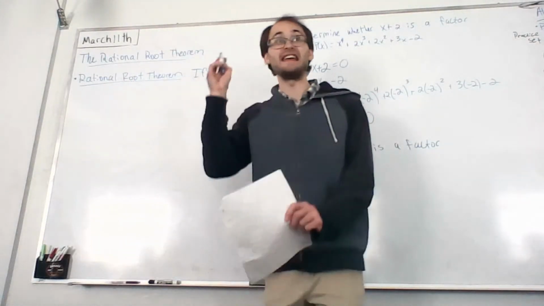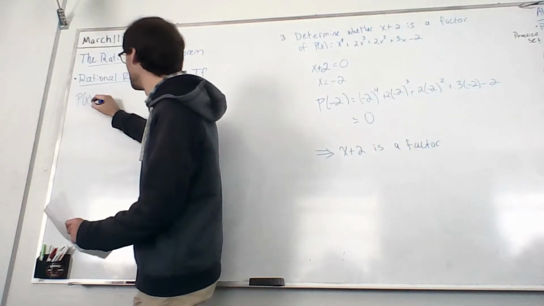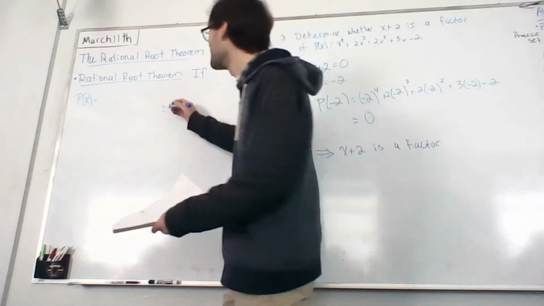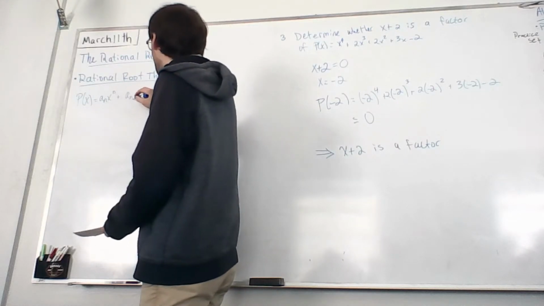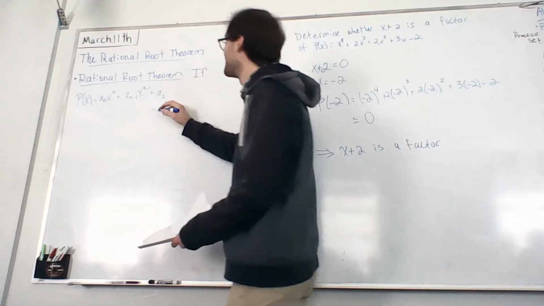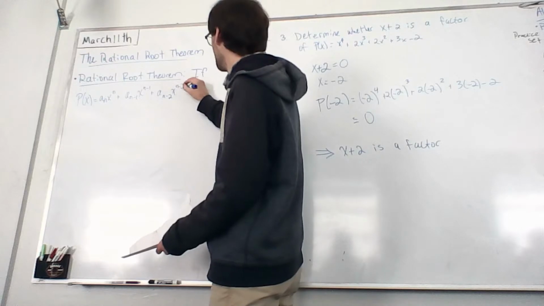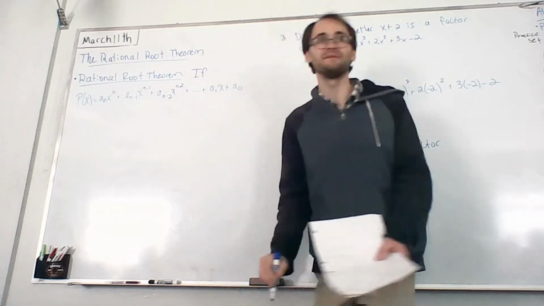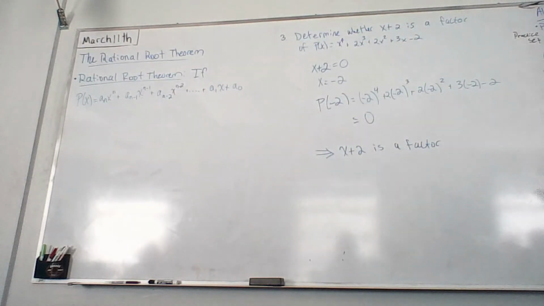If p of x is equal to the following form, a sub n x to the n plus a sub n minus 1 x to the n minus 1 plus a sub n minus 2 x to the n minus 2, all the way down to a sub 1 x plus a naught. So if we have a general polynomial of the following form there,